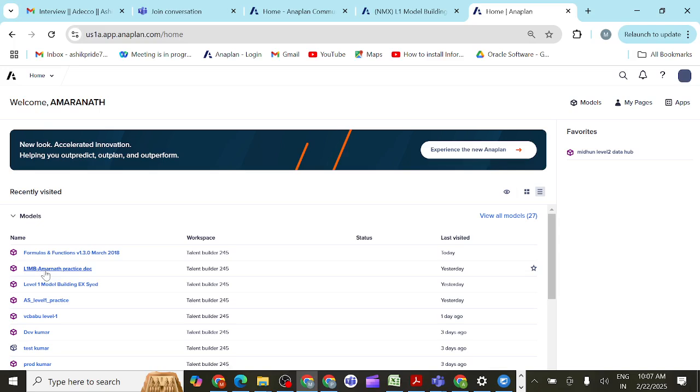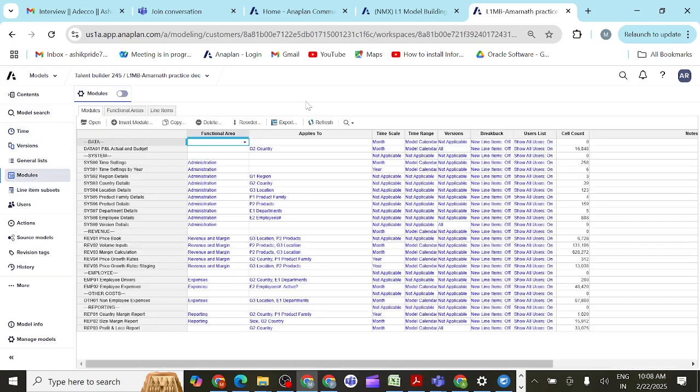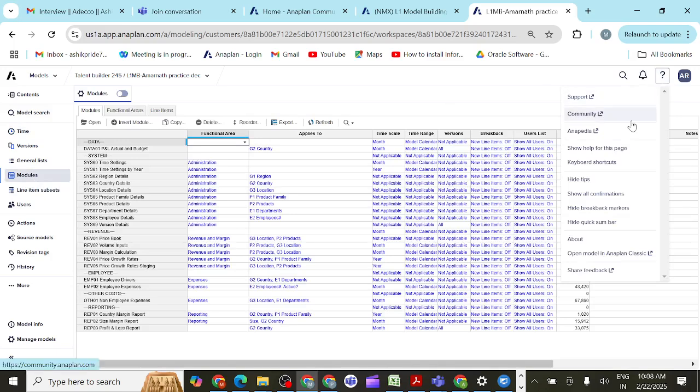If I open any model, you can see what our model is. The model number and everything you can give. If I click here, this path we need to give. For the Anaplan workspace, this path we need to give, and the credentials we need to give. After giving credentials and everything, if I open any model, you can see, if I click on this question mark, and then click on About,